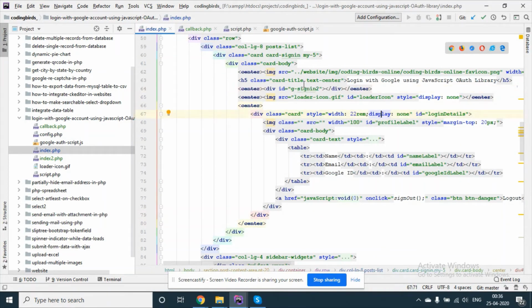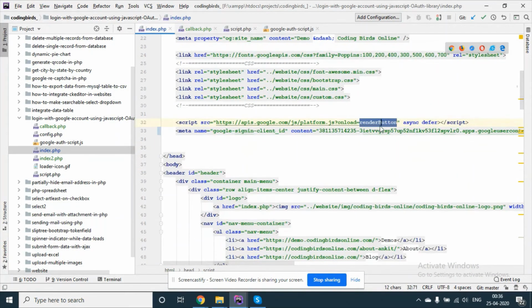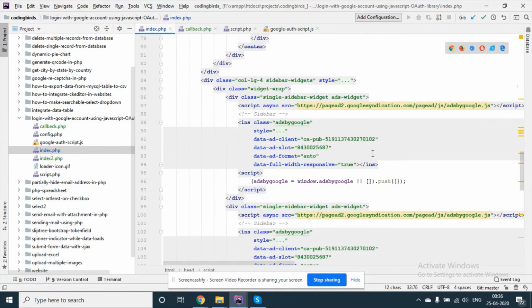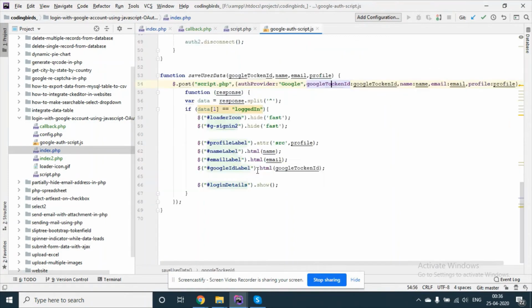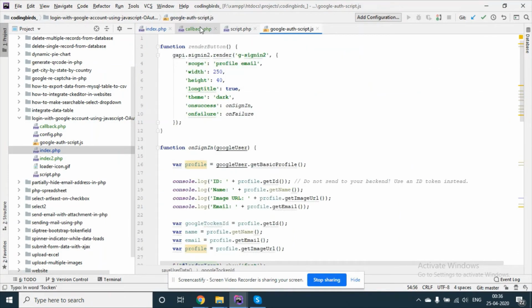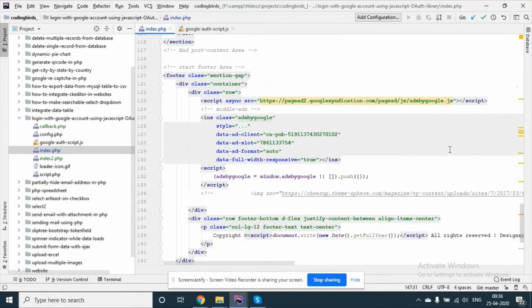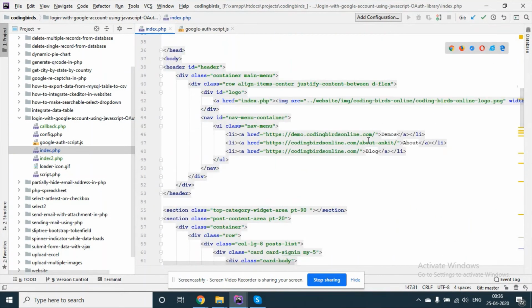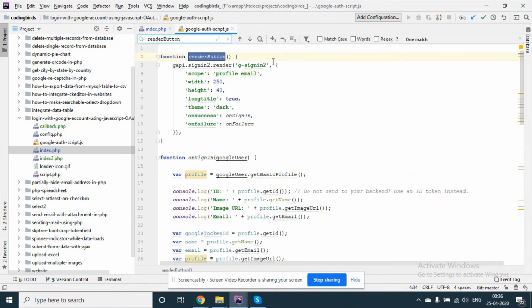Okay, then just focus on this button. After clicking this button, or we can say on page load, this function will be called. So I have created a separate JavaScript for this. See, render button, this one.